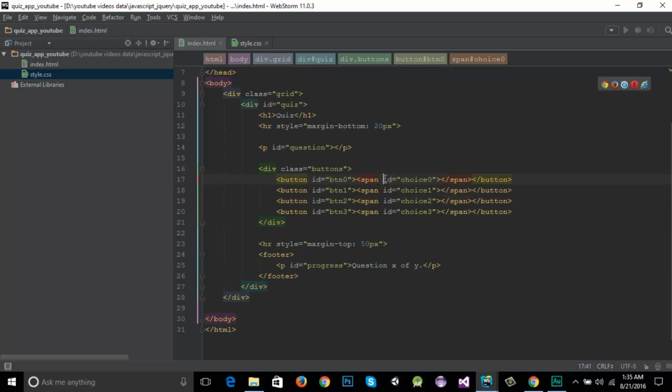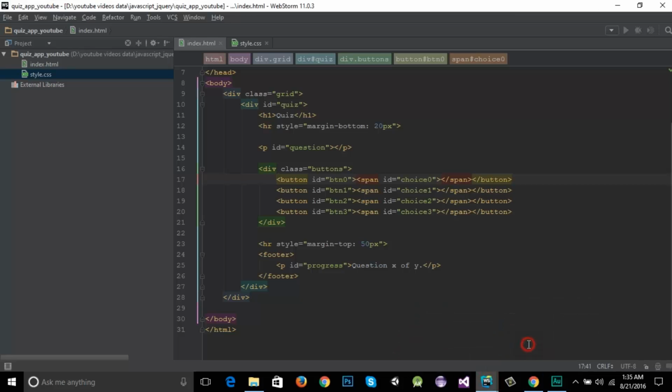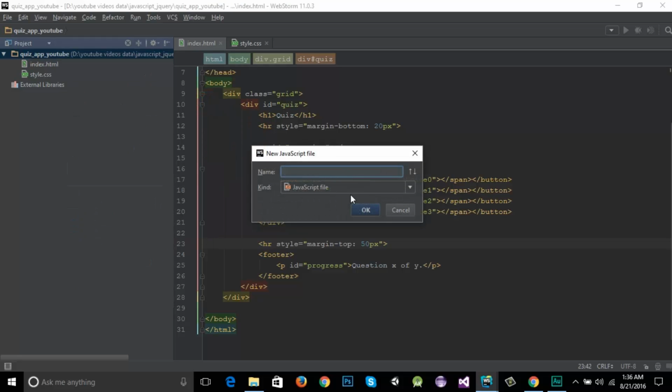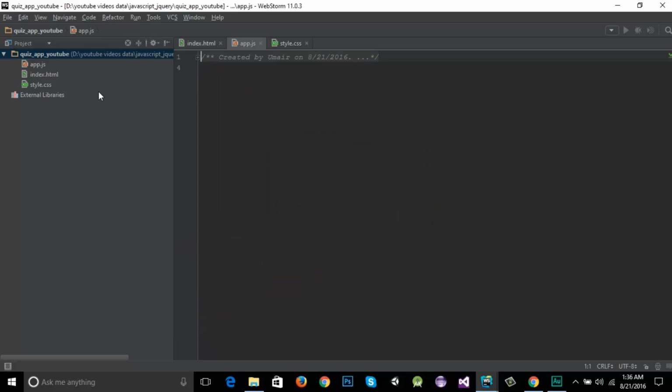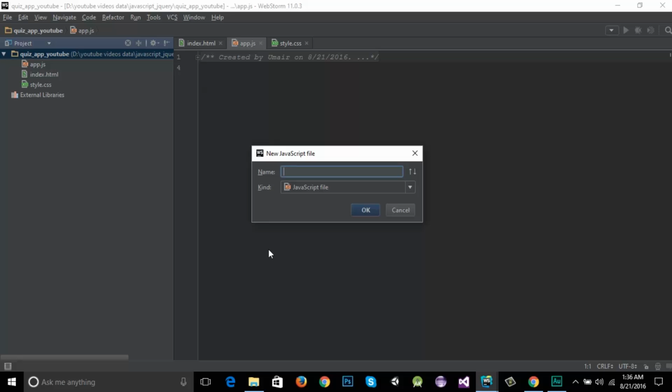Now let's write our models, controllers and application JavaScript files in order to make it work properly and add some questions on it. Alright, so let's go and make some JavaScript files. It would be app. Okay, make a new JavaScript file, and that would be a question,